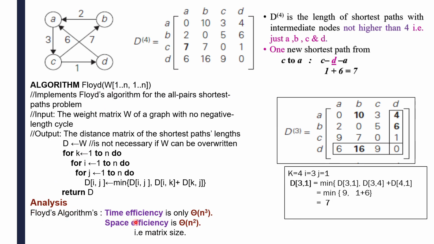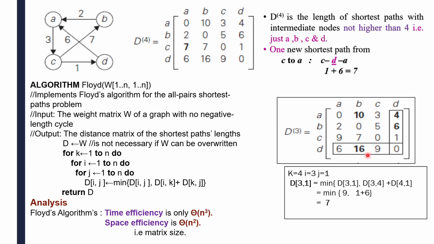So for analysis, time efficiency: as you already know, if 3 for loops are there, then simply we'll take that as n cube here. And here I'm considering space efficiency, because in dynamic programming, as I told earlier, in D4 if I want to find, then I'm taking the reference of the D3. The solution of the earlier iteration you have to store in the form of a table. For storing that you require extra memory space.